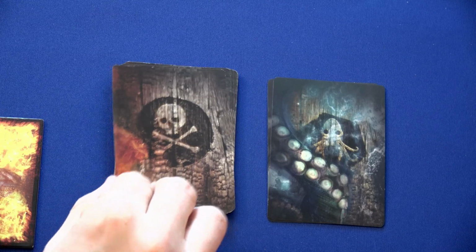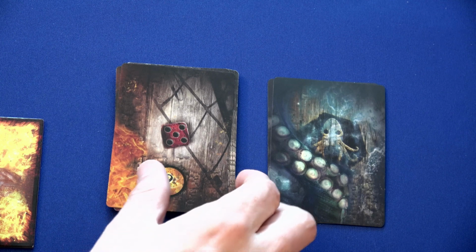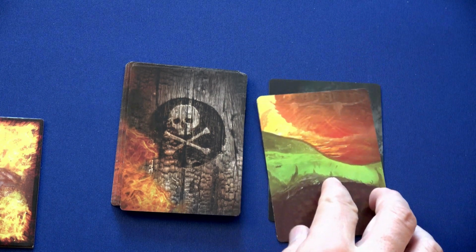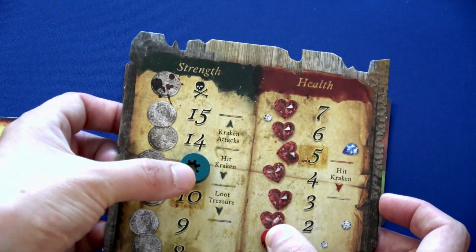We'll flip our first skillet card, and we have Explosion. If there were any 5s that are red, you guys, I've never gone this long without an exploding room. Not a single room has exploded. Awesome. So that does nothing, but the Kraken is going to attack, and that will push his strength up to